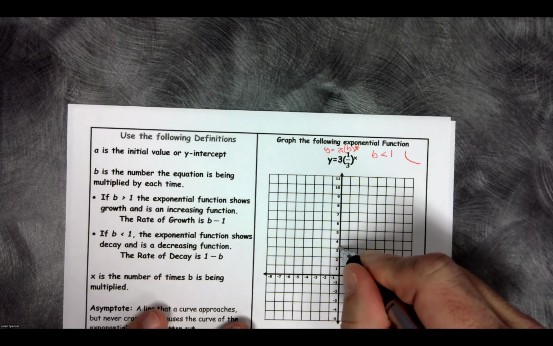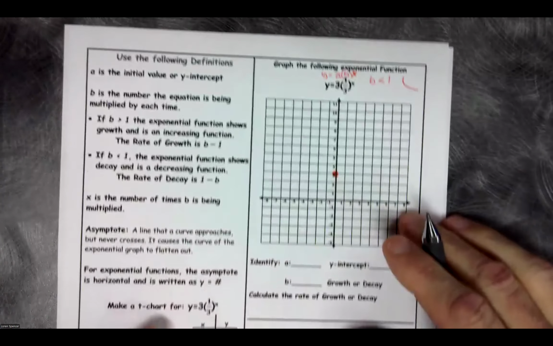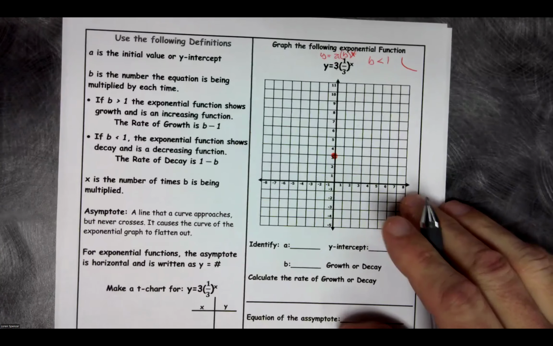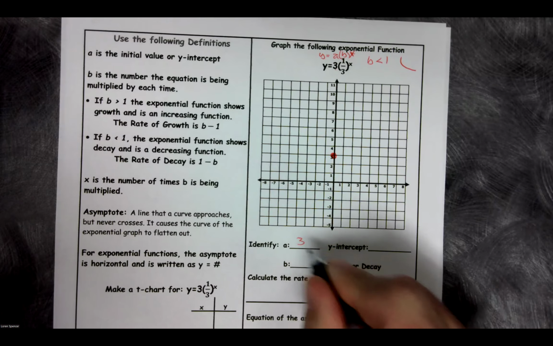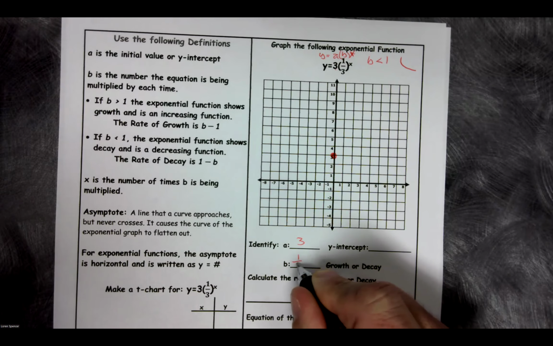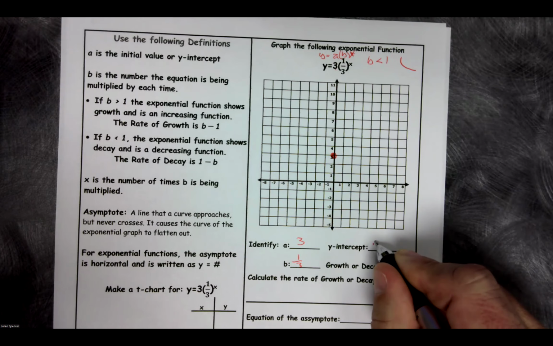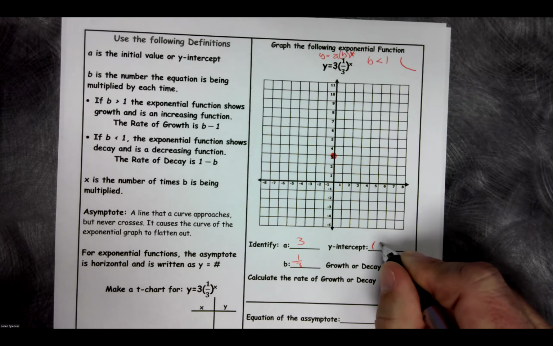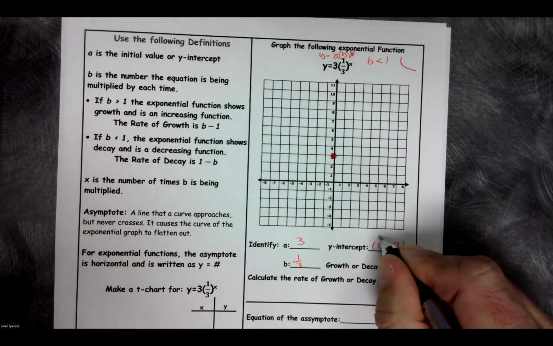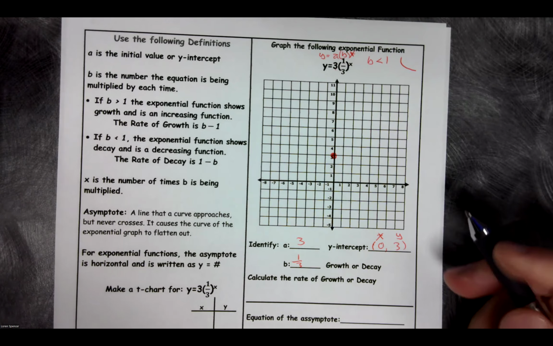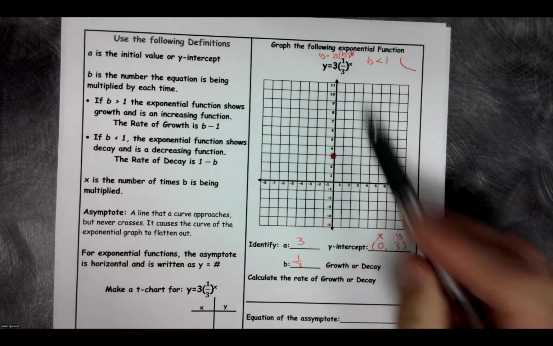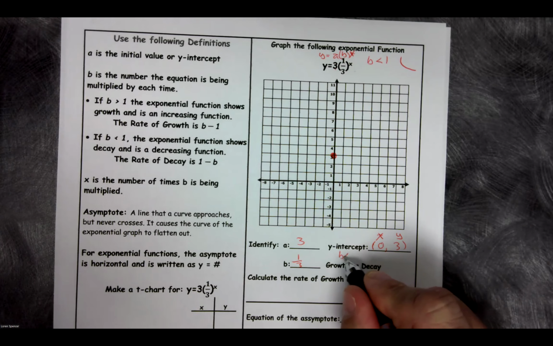That means I'm going to be crossing right there at that point. So we know a is 3, b is 1/3. We also know our y-intercept. Our y-intercept is 0, 3, which is x, and this is y. We know that b is less than 1,